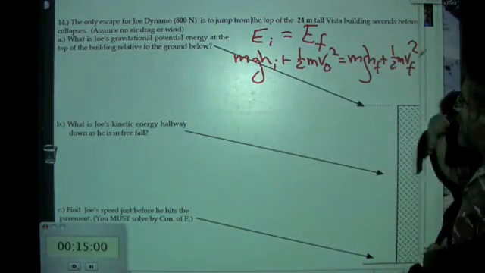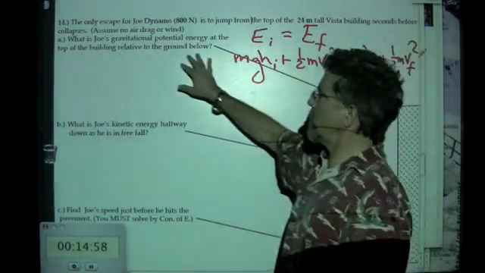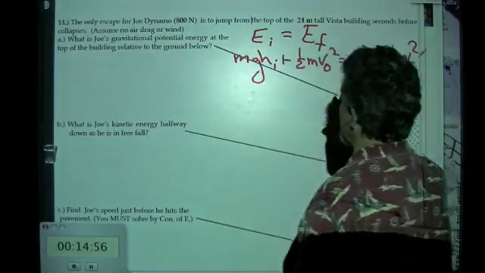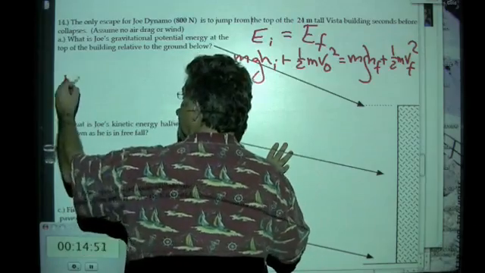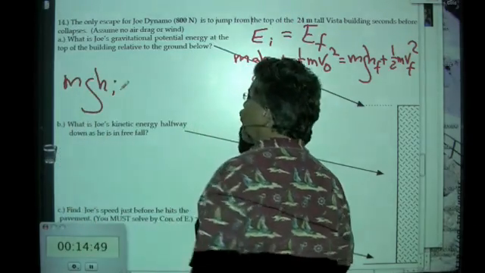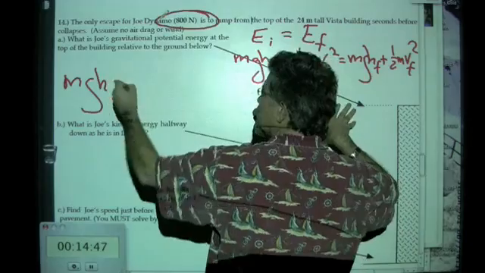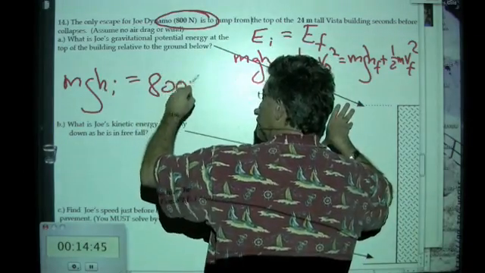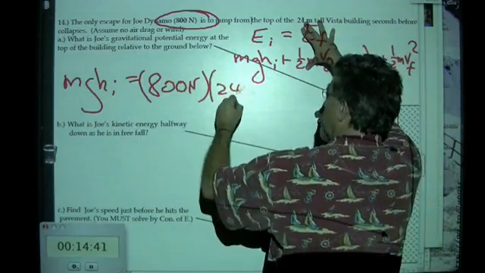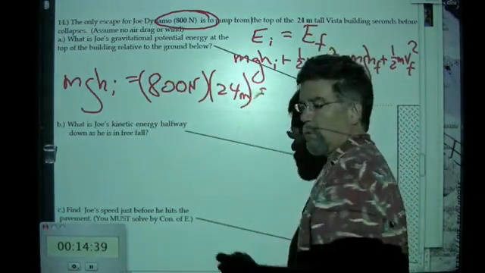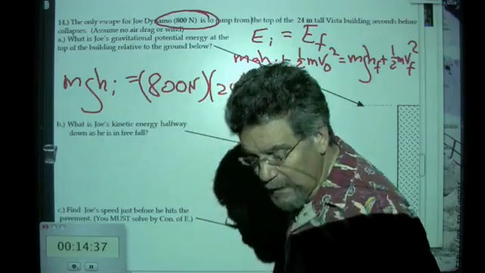So I'm kind of waiting to hit a lot of problems, but I'll do this one here. What's Joe's gravitational potential at the top? Well, it can't be any easier. Don't miss this problem. It's not hard. It's simply mgh. Well, his mg is 800 newtons. So we have 800 newtons times his h, which is 24. That's it. Multiply those, and looks like you got